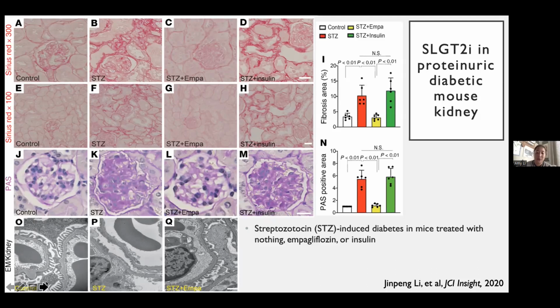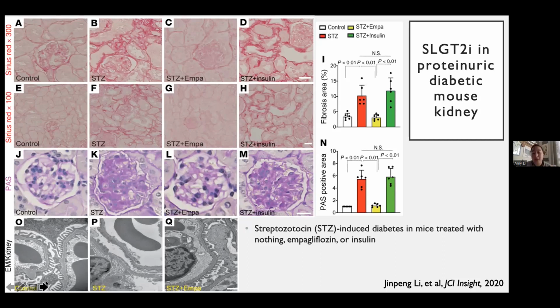This picture is really pretty. So on the far left-hand side, this is a normal kidney. The second column shows a diabetic kidney without any treatment in terms of kind of gross, but more histopathology. The third column shows what happens in the diabetic kidney when you treat it with empagliflozin, and it looks very similar to the control non-diabetic kidney. There's less fibrosis, which is the first and second rows, and in terms of light microscopy, the glomerulus looks pretty close to normal. There's less glomerular damage. And the podocytes on the electron microscopy in the last row also look a heck of a lot happier,